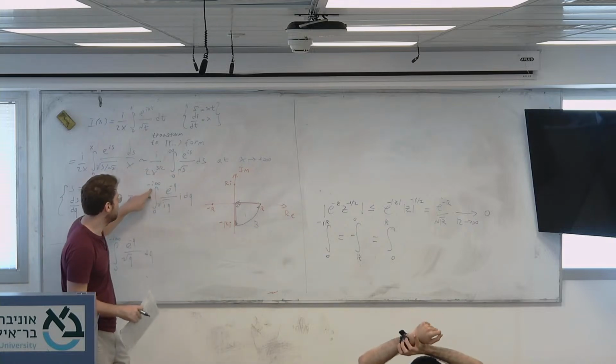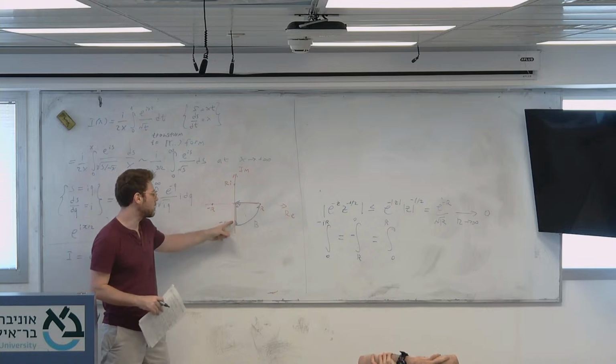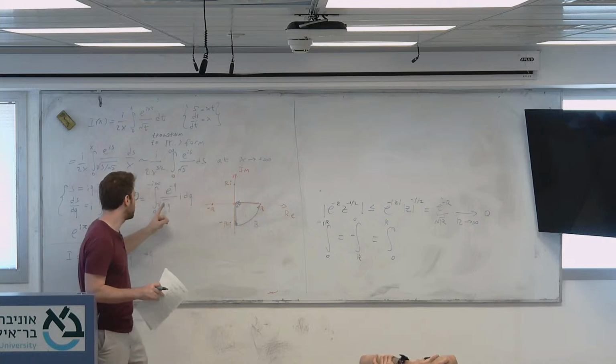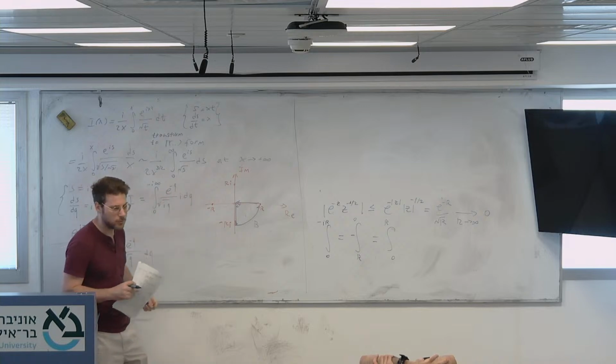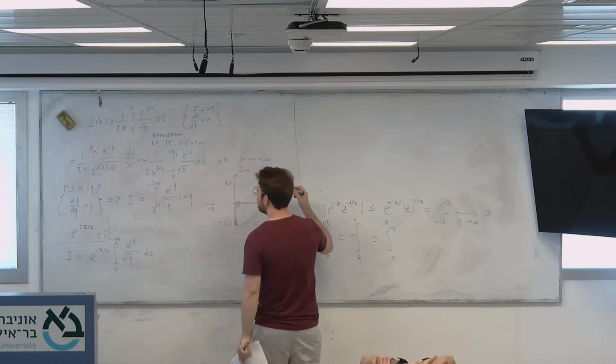Yeah, we switched from the imaginary axis to the real one, and we showed that integration over here is the same as from here to here. So you can just do it straightforward, but this is the proof of why it's correct to do that. So now we have that I is